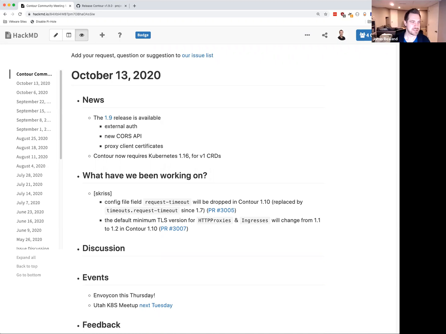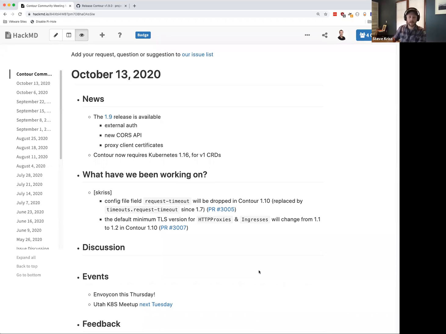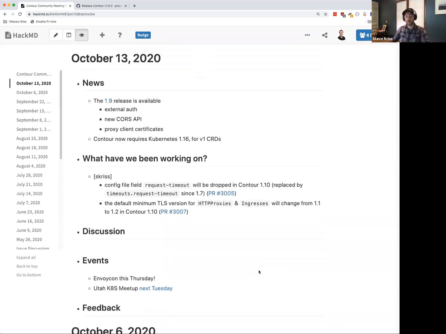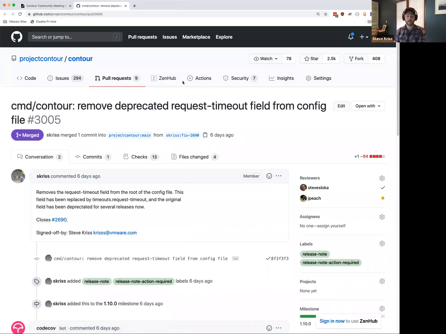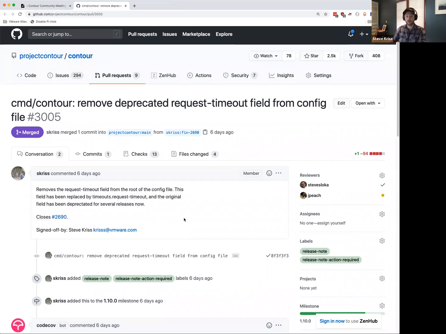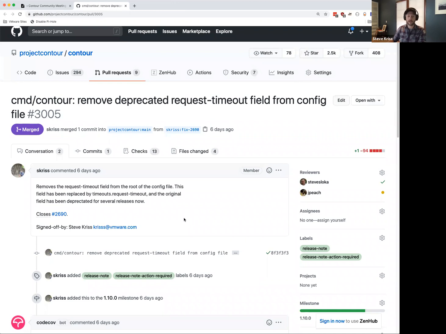All right, let's move into what we have been working on. We got skriss first. Yeah, I just wanted to call out a couple of deprecations and changes that are coming down the pike in 1.10. The first one is in the Contour config file. There was a field at the root of the config file called request-timeout, which we moved into the timeouts block within that file, so timeouts.request-timeout.